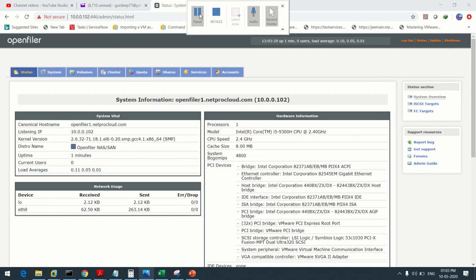So friends, now we are again in the OpenFiler. Now just go to volumes. Here we are with the system overview, iSCSI targets, FC targets, report bug, support, forums, admin guide. Now go to system.